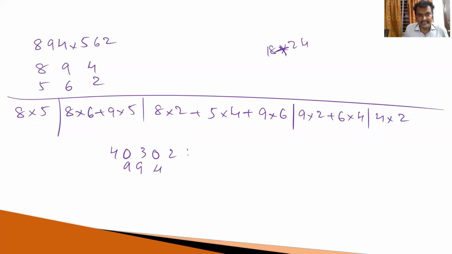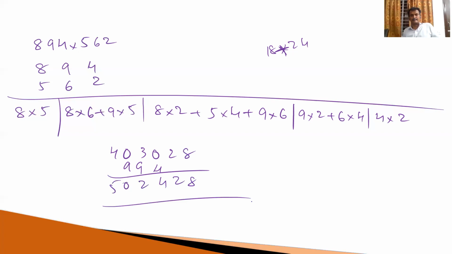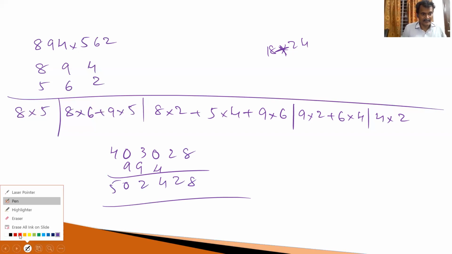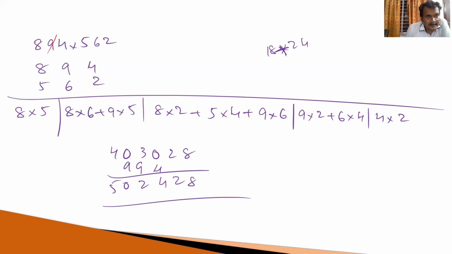That's 4, 2 times 8. 8, 2, 4, 2, 0, 5. That is the answer. Now, is it correct or not? That is also very, very important. Now, 8 plus 4, 12, 1 plus 2, that is equal to 3. The digit sum of this number is equal to 3. What is the digit sum of this number? 5 plus 6, 11. 11 plus 2, 13. 1 plus 3, that is equal to 4.